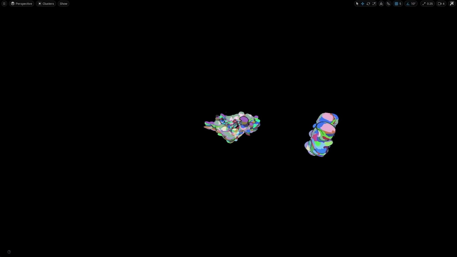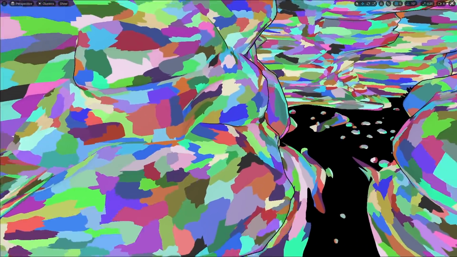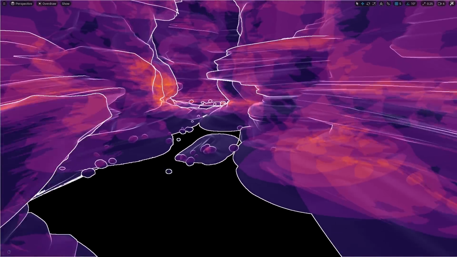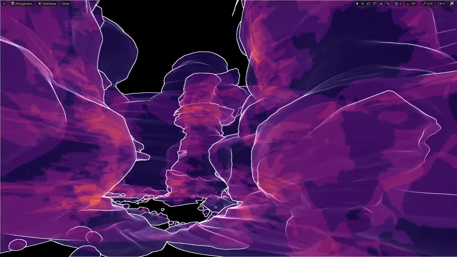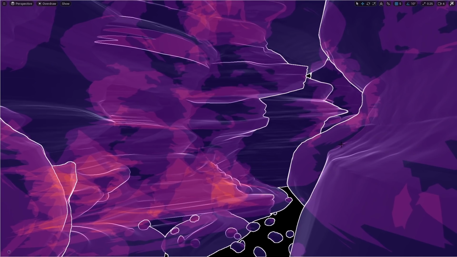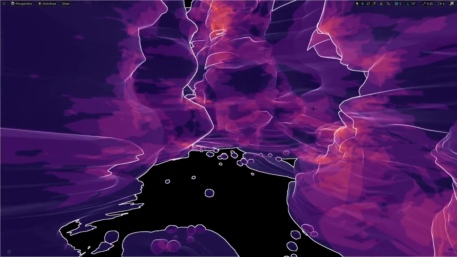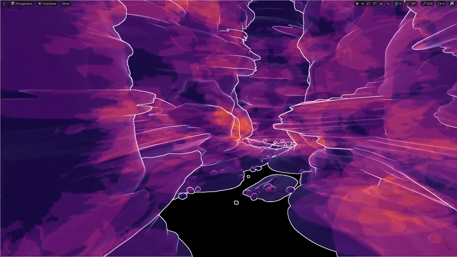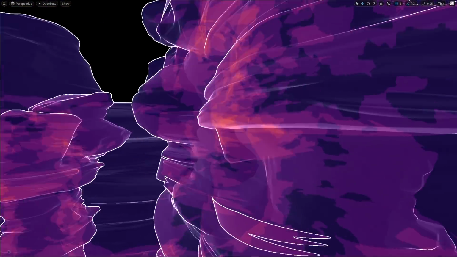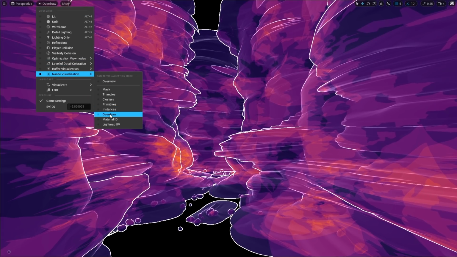And you can see that these clusters again are getting bigger and smaller as we get closer or further away to this geometry. Next up, we have a really useful one, which is overdraw. And overdraw is still something that we need to be considering on meshes. Now this scene is good. One of the issues that you might notice when using Nanite is when you start having very, very dense geometry overlapping on top of other very dense geometry. This is something you want to try and avoid as much as possible, though obviously you will still use some of it. And this is a really useful way of visualizing that information.